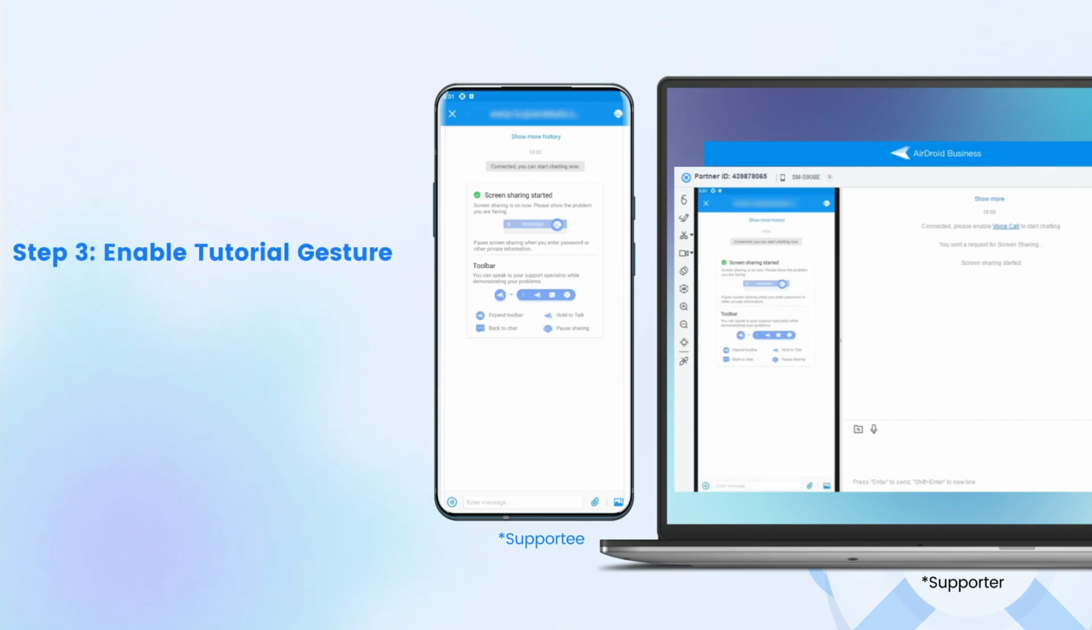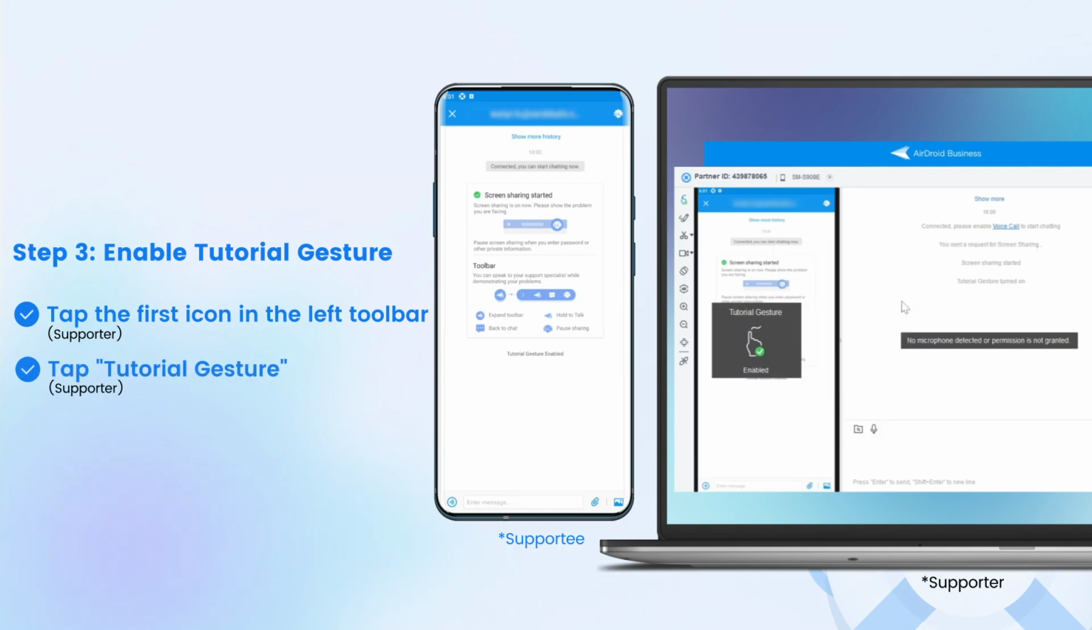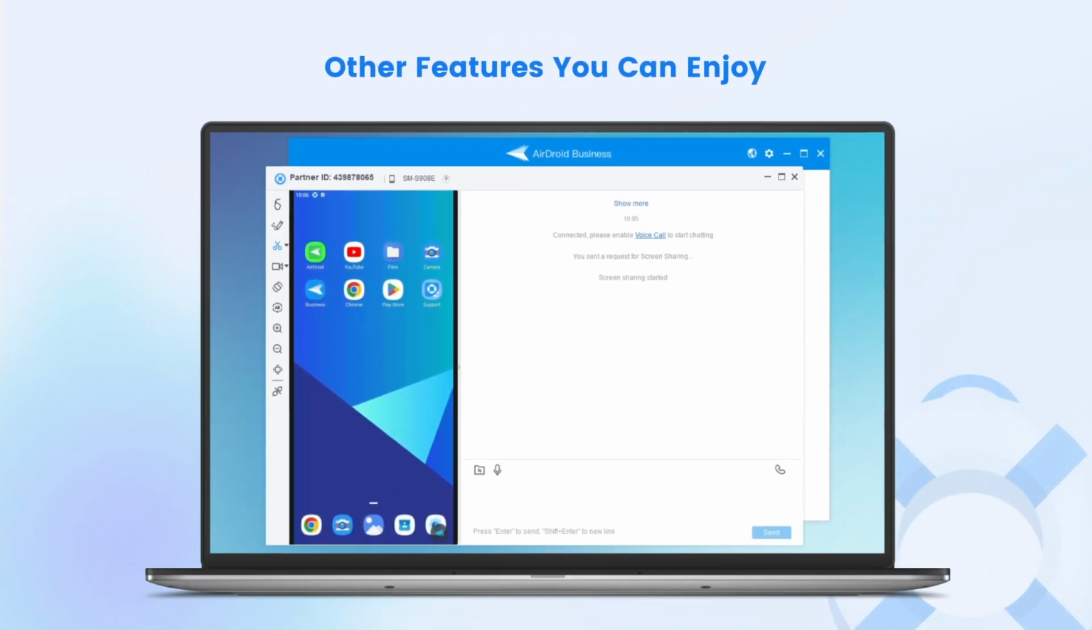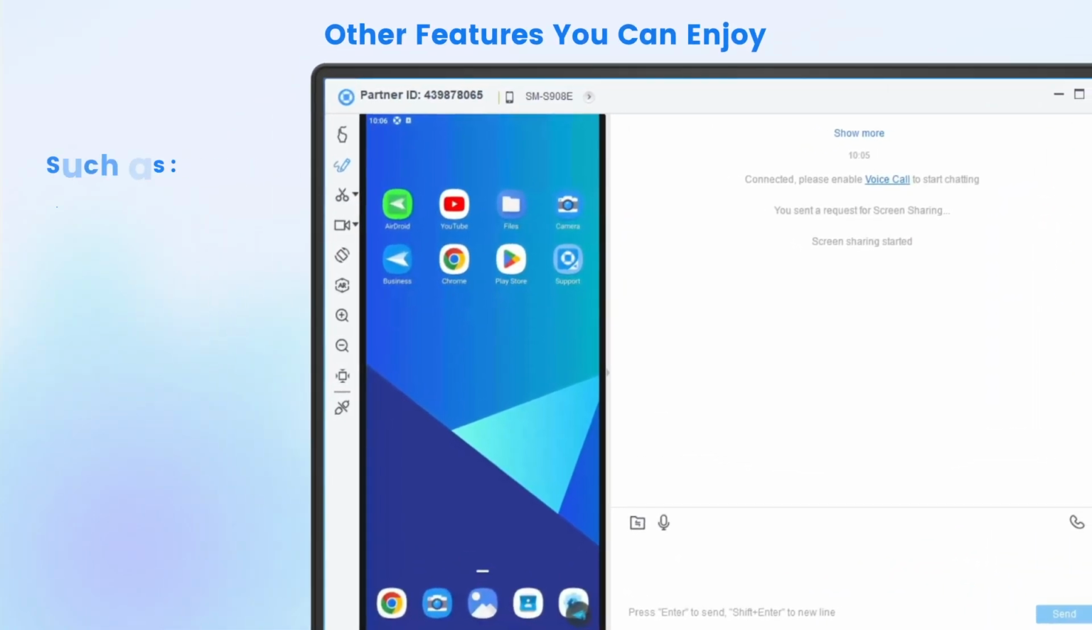Step 3. Enable tutorial gesture. On the supporter's device, tap the first icon in the left toolbar. Then tap Tutorial Gesture. Now, you can swipe or tap the screen on the desktop client for on-screen tutorials and troubleshooting. During screen sharing, you can enjoy other features besides tutorial gesture, such as markup,